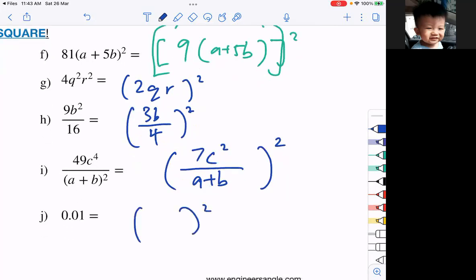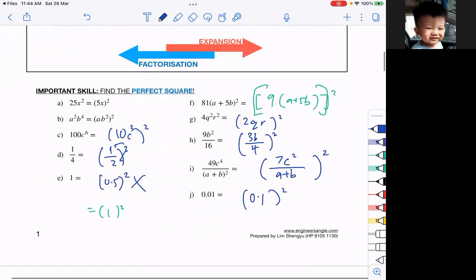Jenny, what square becomes 0.01? Then you can use a calculator. You just press square root 0.01 and you can get it. But this is not algebra. You squared it, so you're supposed to square root it, right? You square root to get the before one, then when you square that, you get back 0.1. I'll tell you why we need to figure this out later. Okay, but for now,